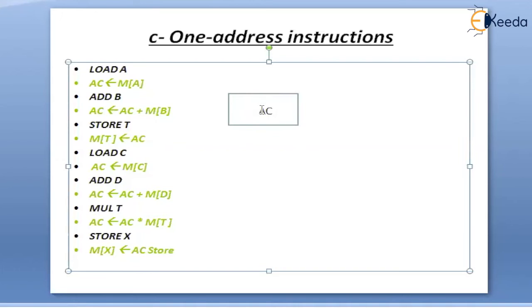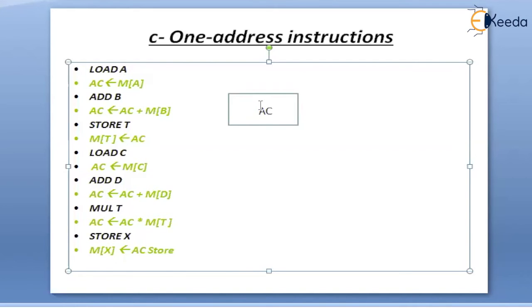This is the only general purpose register available in single accumulator organization, which supports one address instructions. Whatever you want to update, either A plus B into C plus D, anything you do should be performed only in the accumulator. So for that, every variable can only be transferred to the accumulator. So what we do is, first we will transfer the contents of A to the accumulator.